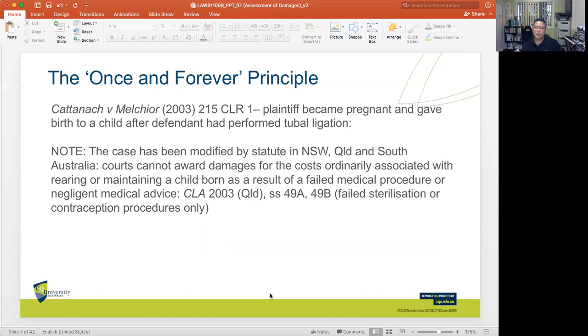Now, what might be interesting are those situations where a plaintiff woman might seek to recover the costs of raising a child by herself. Let's say there was a man who said, I'm sterile, I'm not able to produce children, and in the process, the woman ends up giving birth. Of course, in a sense, that's covered by the rules of the Child Support Act, which is a Commonwealth law. But these are some of the types of questions that we could potentially think about.